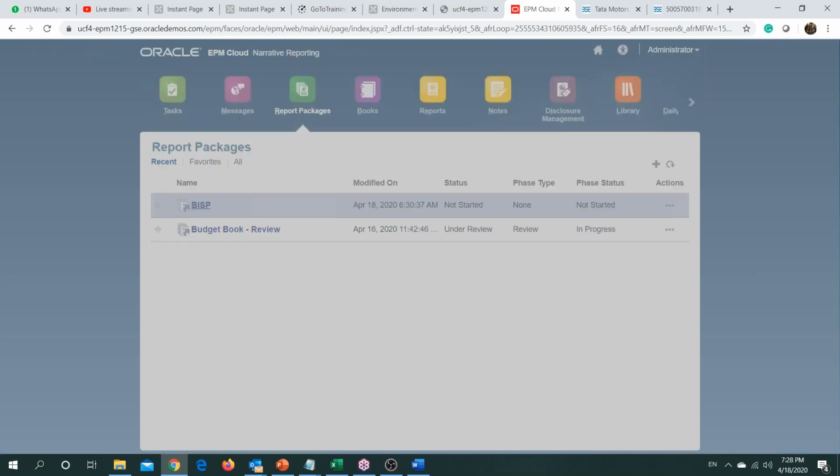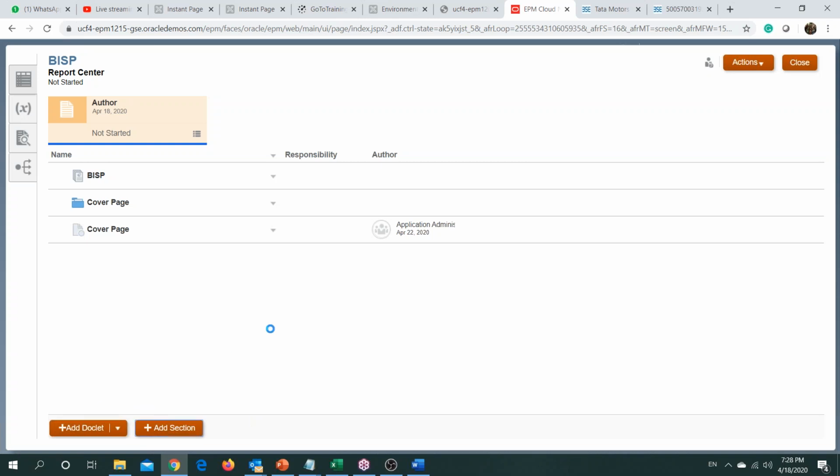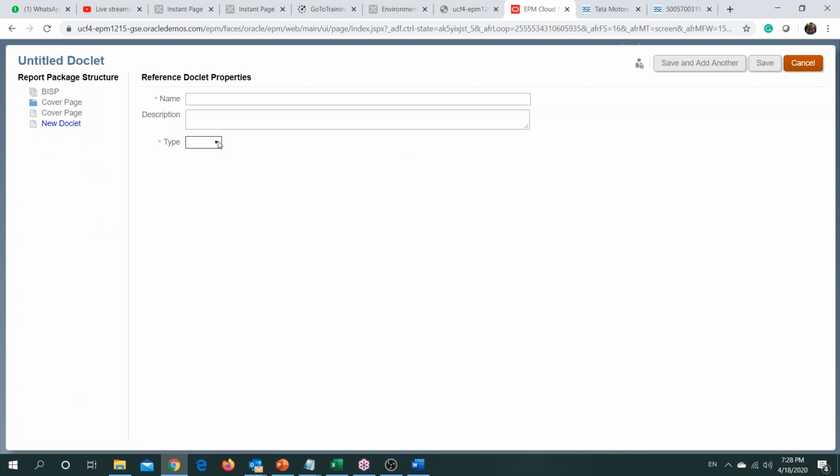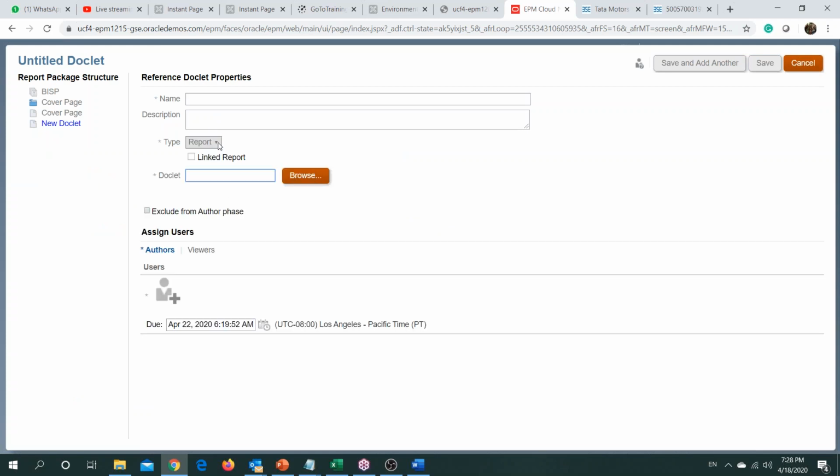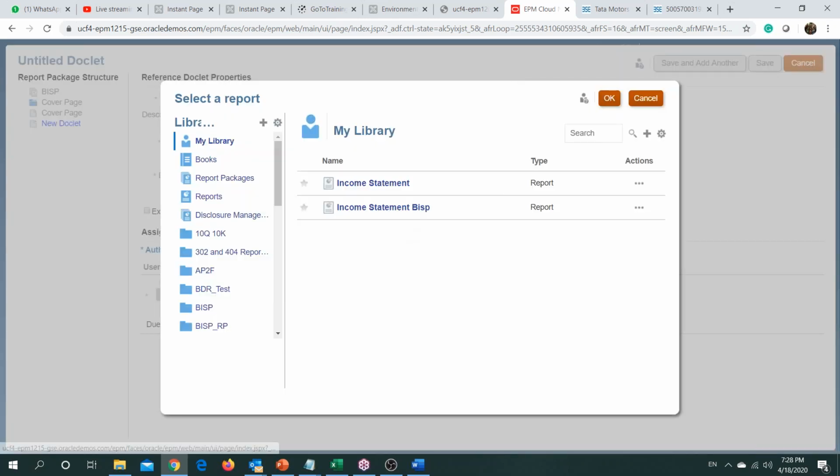Okay, so let's bring a reference document. You go to reference document and you provide your report. Being a report, you just select report, browse, and this is the report that we have just created. Click OK.